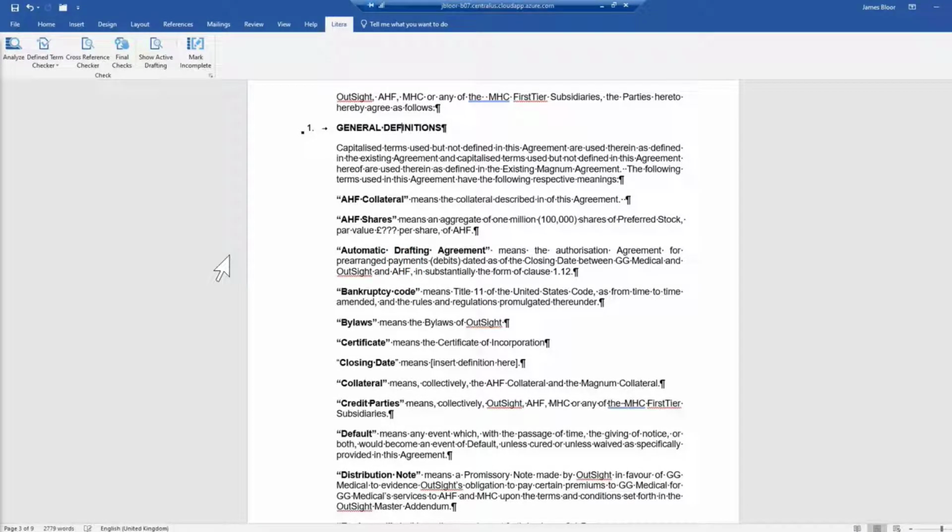Ensure everything is defined properly within our contract. From the definitions results, we can quickly review a list of the existing definitions in the contract, review the use of the term against the definitions by using our handy split screen view, and check through our defined term issues